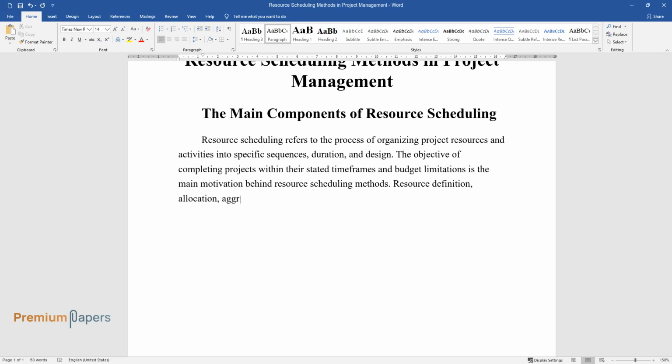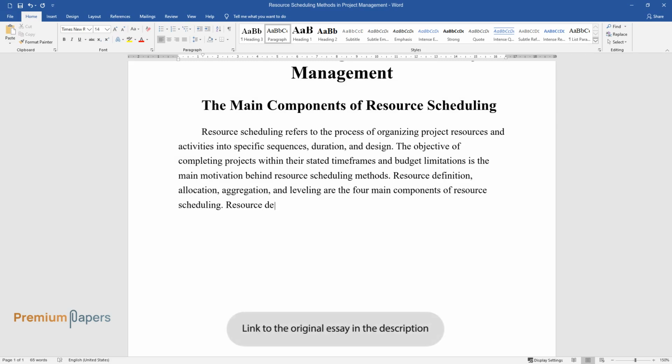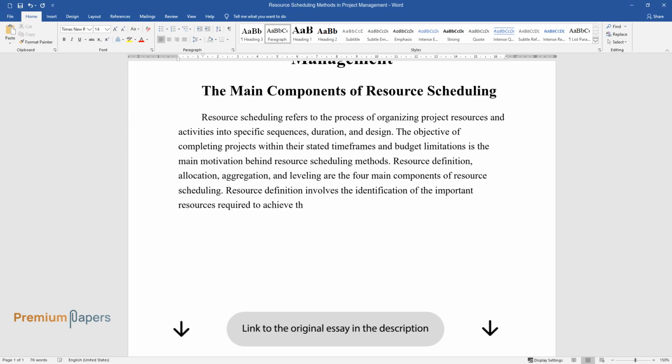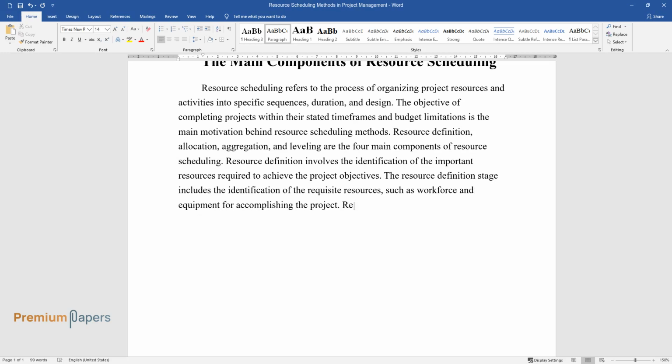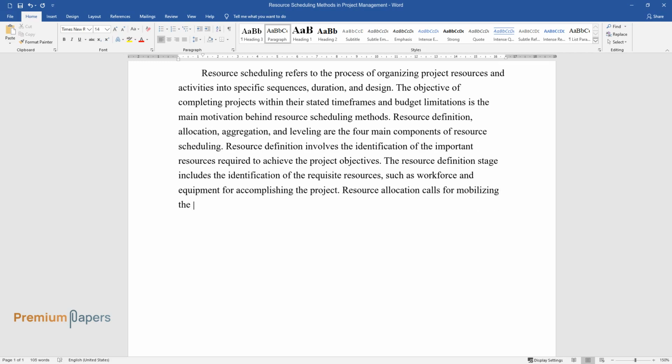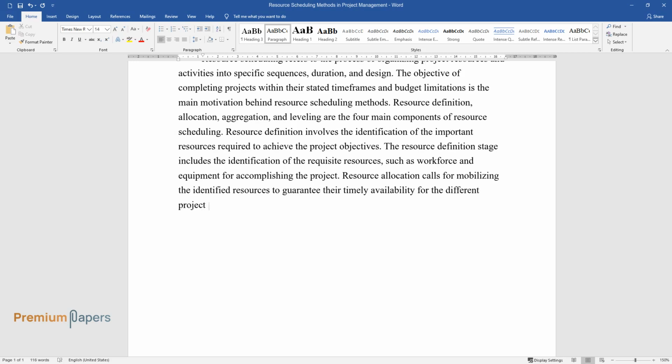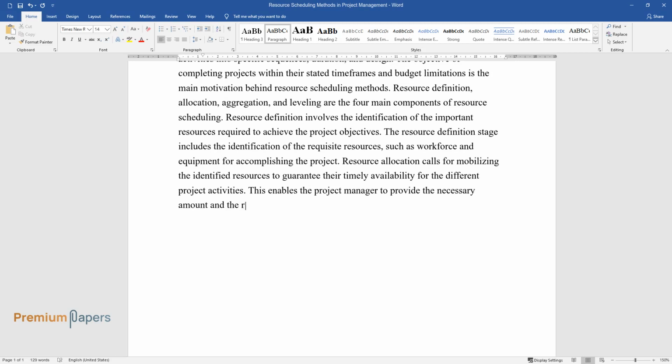Resource definition, allocation, aggregation, and leveling are the four main components of resource scheduling. Resource definition involves the identification of the important resources required to achieve the project objectives. The resource definition stage includes the identification of the requisite resources, such as workforce and equipment for accomplishing the project. Resource allocation calls for mobilizing the identified resources to guarantee their timely availability for the different project activities. This enables the project manager to provide the necessary amount and the recommended quality standards for the resources needed to